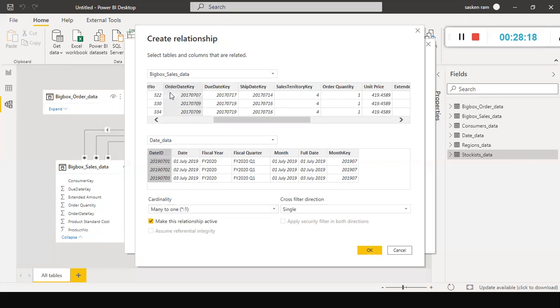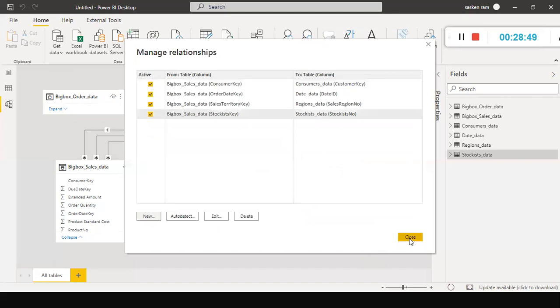Now it is many to one. This is the many side, this is the one side, because in this table you need to store the dates. You should not have duplicate dates in here. It should be unique. That's how the data got stored in this table. Hence I was able to create the relationship. It is a many to one relationship. Cross filter direction is single. Don't worry, I'll explain all these things later. See, cardinality is nothing but the relationship: one to one, one to many, many to one. In this case, it's a many to one.